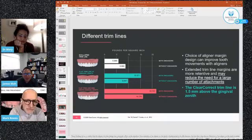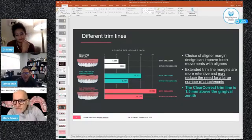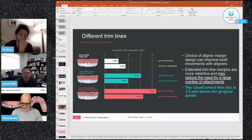In our study, we used a 2 millimeter extended trim. Looking at the numbers, the ClearCorrect trim line backed off a little bit, 1.5 millimeter. And I want to talk about that in a minute. The 1.5 millimeter, unfortunately, there's a misconception that the 1.5 millimeter extension will impinge on the gingiva. The first thing I would say is if your scanner, the impression is accurate and it accurately replicates the gingiva, it shouldn't impinge on it because it's accurate, right? And then even if you extend to cover it,